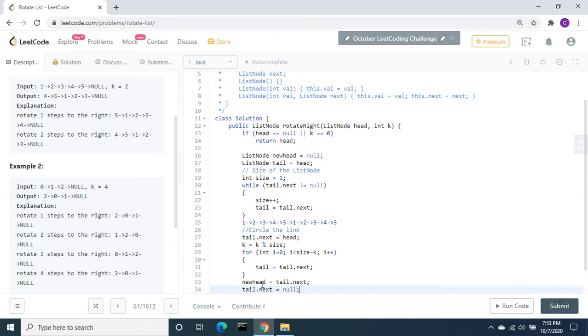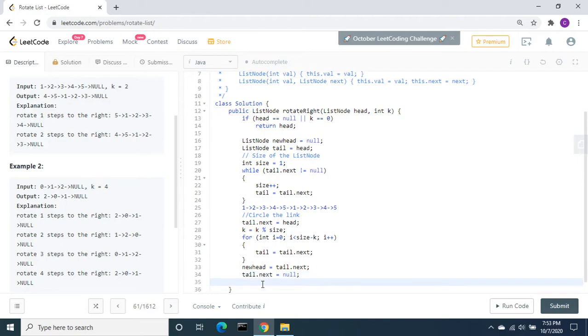If you set this null, we break the link between the two nodes. Let's return the result, return newHead.